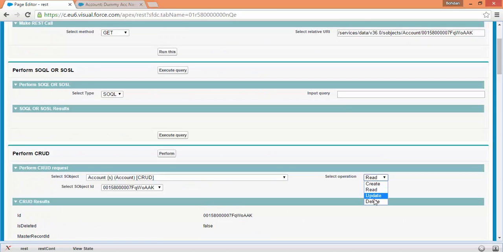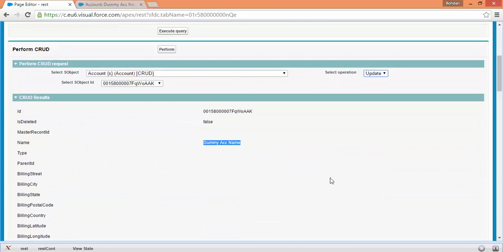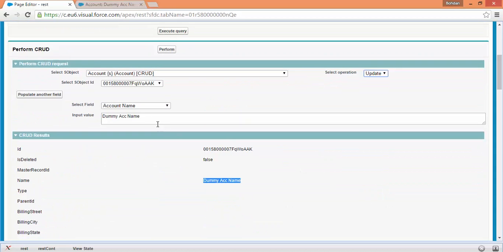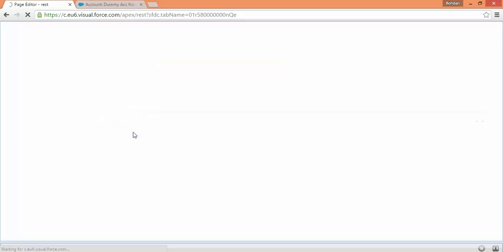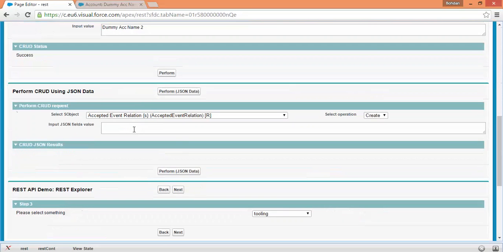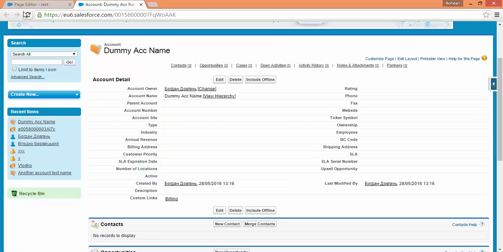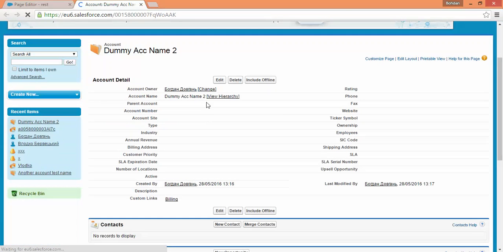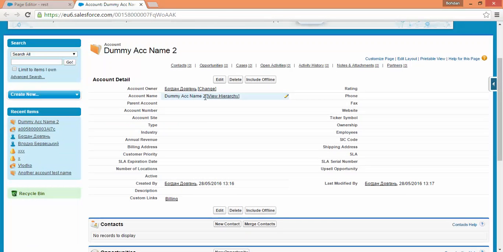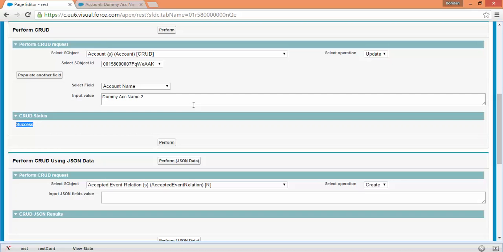Next, you can make an update operation. For example, you can change the account name to some different name, and you will see the result is success. If you read this account, you will see the name is updated to dummy account name 2. And you can also delete the account,